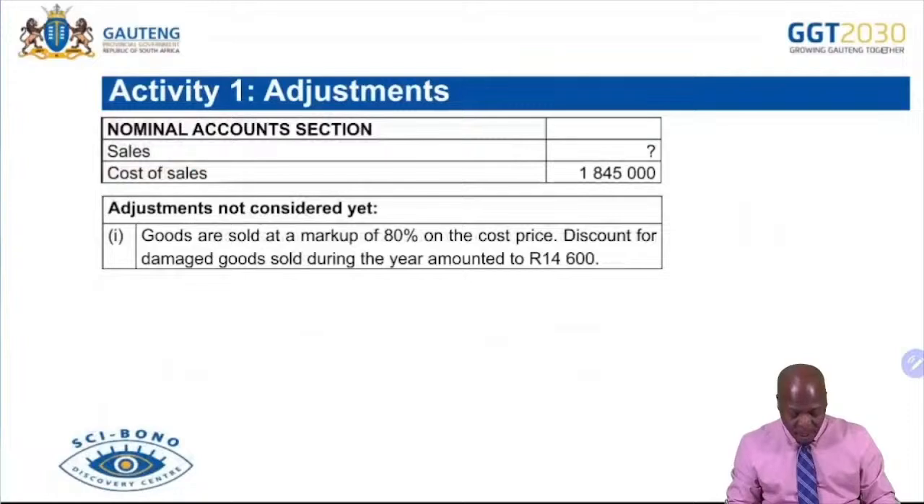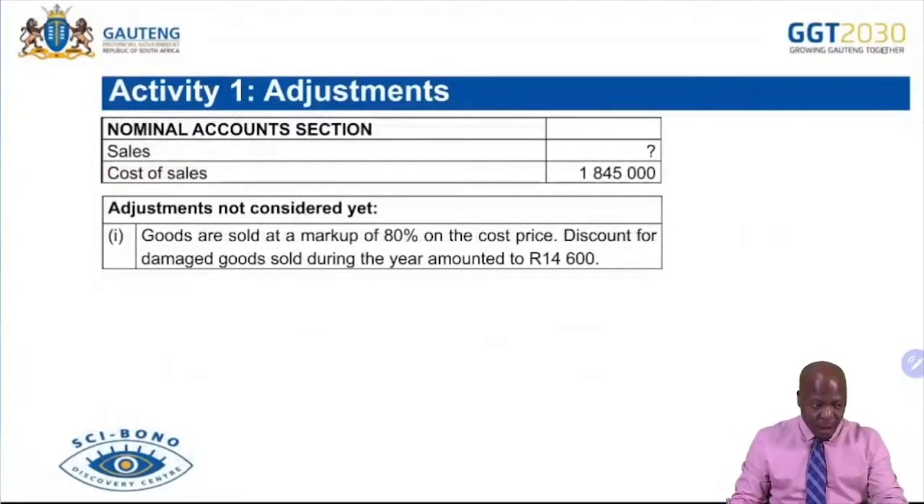Let's begin. So the first part is adjustment number 1. Adjustment number 1 reads, goods are sold at a markup of 80%. So here we are told that there are goods which are sold at a markup of 80% on the cost price. And discount for damaged goods sold during the year amounted to